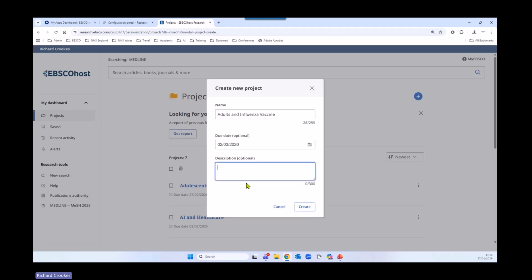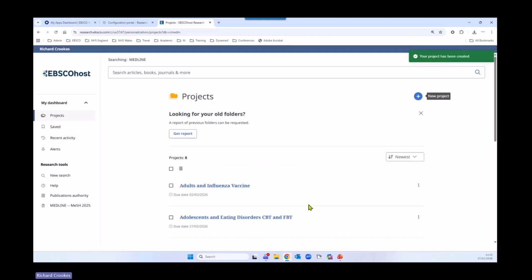And then if you have any comments to make, any free text you want to enter to annotate the search, then you can enter the details within description, click create, and then you've got the project saved here. So now what happens is you can then save articles and also searches to that particular project folder. Now you can do it one of two ways. If you go to saved,